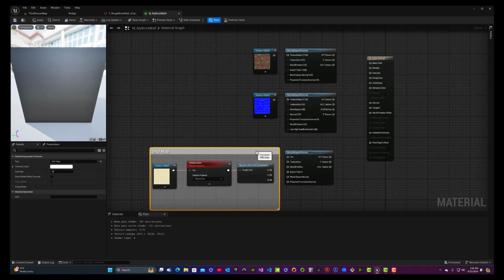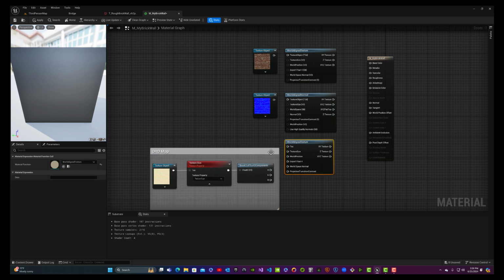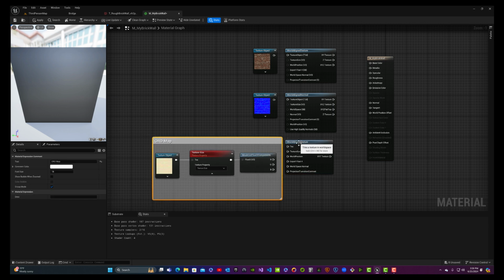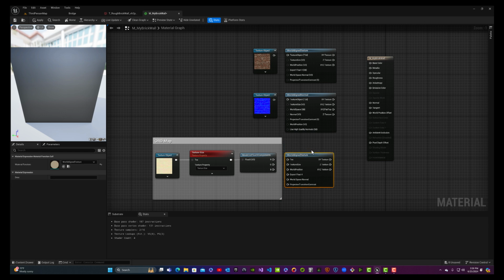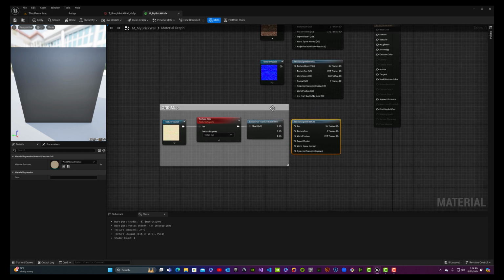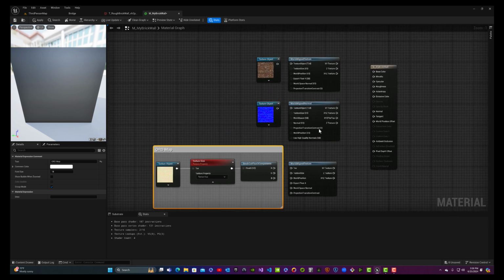A little bit easier to see. Okay, so the texture object output goes into the texture object input on each of these world-aligned nodes. Okay, so it's going to go like so,